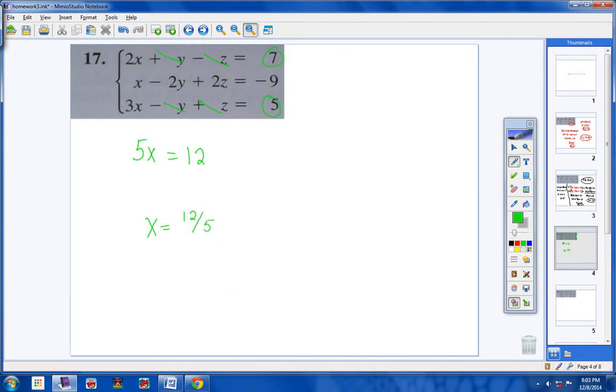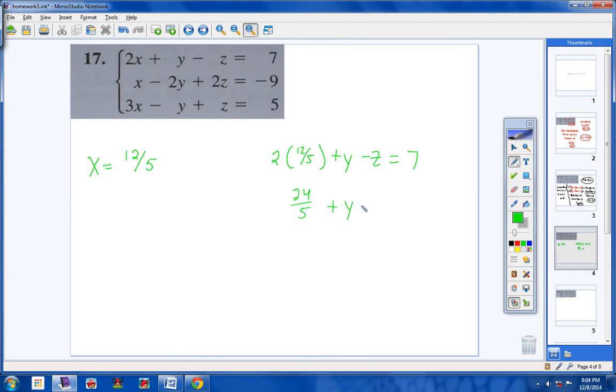Okay, now, I don't care where you put x in, okay? You can put that in wherever you want up here. I'm going to put it into the first equation. So 2 times 12 fifths plus y minus z equals 7, okay? Now, 2 times 12 fifths would be 24 fifths plus y minus z